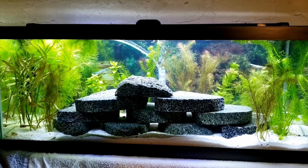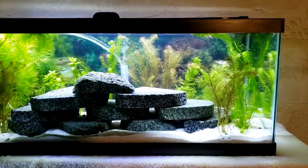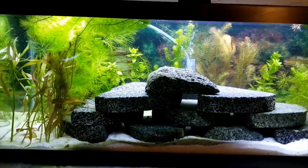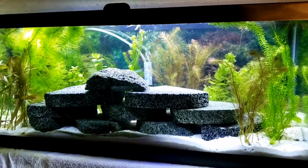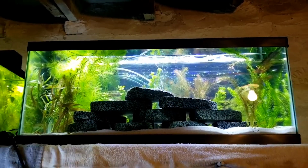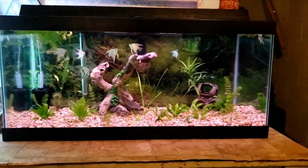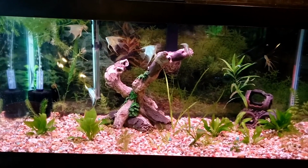Another one I would show perhaps as an example for a live plant tank, as well as a rock fixture, would be the other 20-gallon long tank I have. So technically this tank here is not inhabited just quite yet. It's doing its final stages of cycling, but in here I am thinking of putting a school of guppies. The tank right below that though is another 40-gallon breeder, and in here I have 3 different species of angelfish,